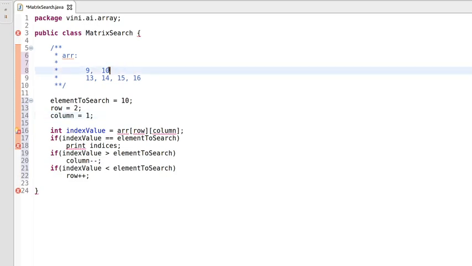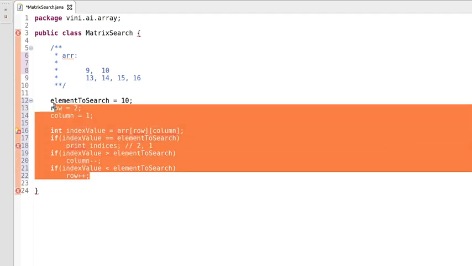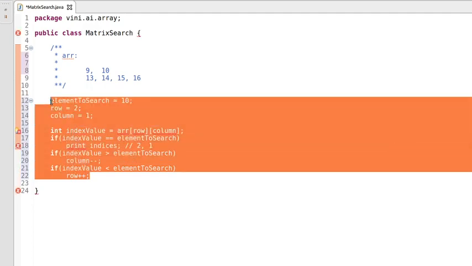So our current pointer reaches the value 10. We are comparing 10 is equal to 10, and in this case it's true, so we are printing the indices, which means row value 2 and column value 1. So this is the logic that we are going to use in this program.